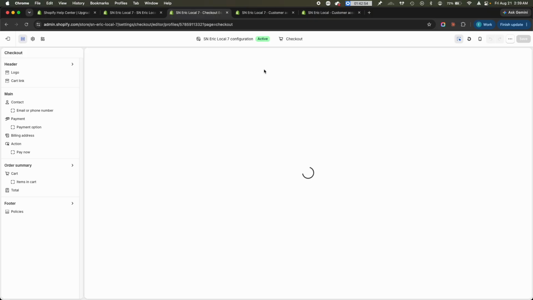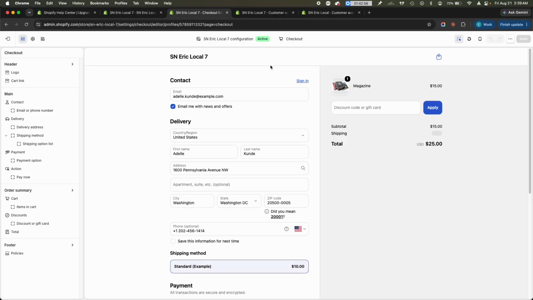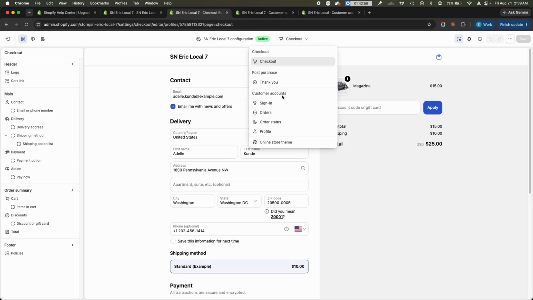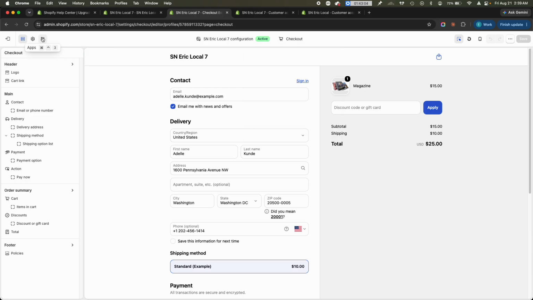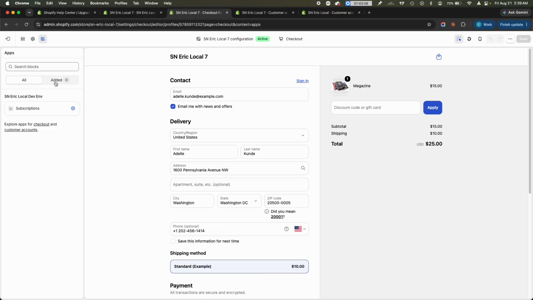From this view, I want the subscriptions to appear in the customer accounts. For me to do that, I need to go to the app and then add the application. So if I click here, add to accounts,